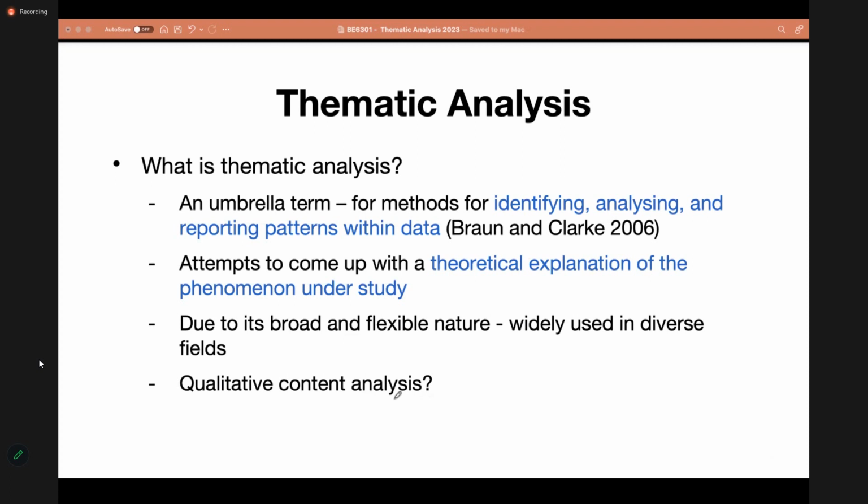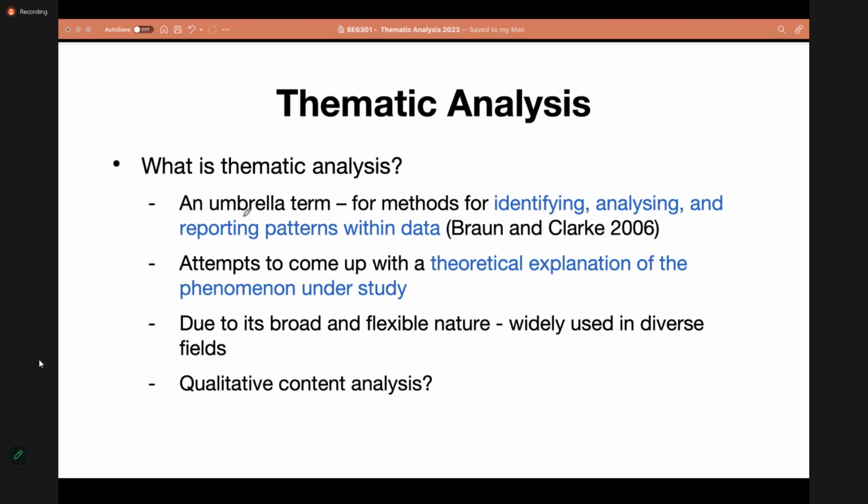Okay, so then we can move on to the main technique we are discussing today, which is thematic analysis. So what do we mean by thematic analysis?